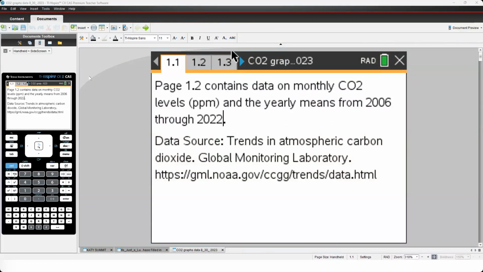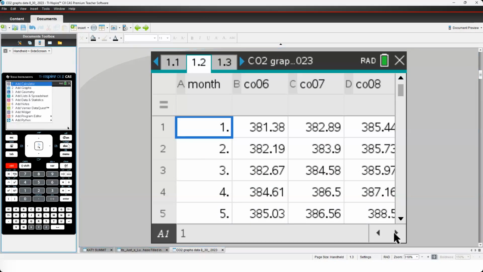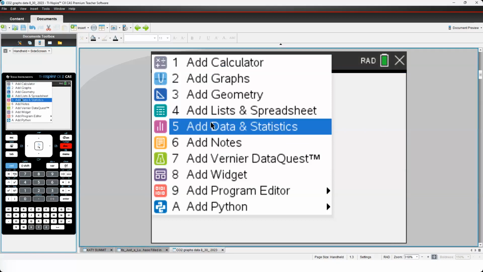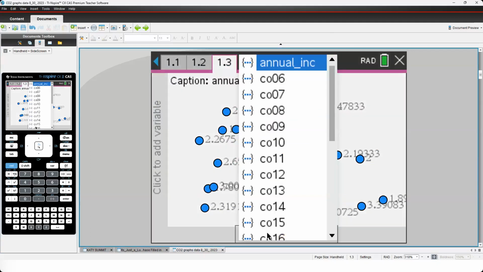On page 1.2, you'll see the data on monthly CO2 levels and the yearly means from 2006 to 2022. So we're going to open up a data and statistics file. Rachel's going to open up a new file, and she is going to plot a dot plot where she's going to make the horizontal axis the month.